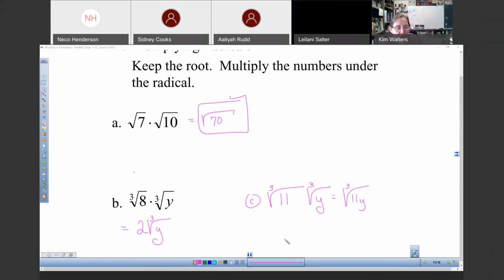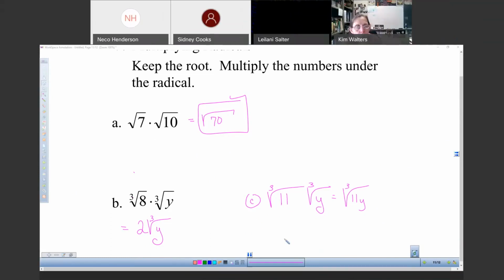So between the B and the C, the C's answer over to the side carried the 11 over, and it's 11y. Why do you not carry over on B the 8 over to the y? Why is that one different? So because I could have done that. I could have written this as the cubed root of 8y. Okay. And I chose not